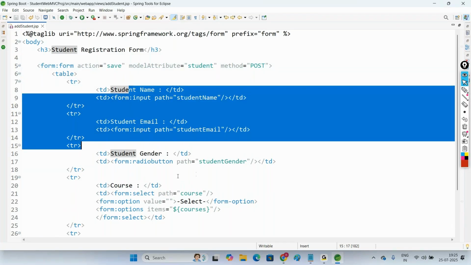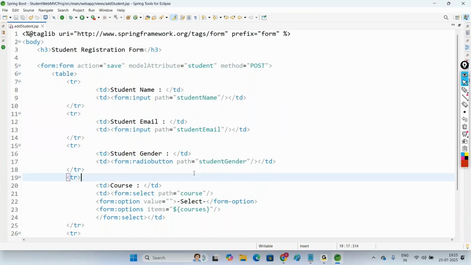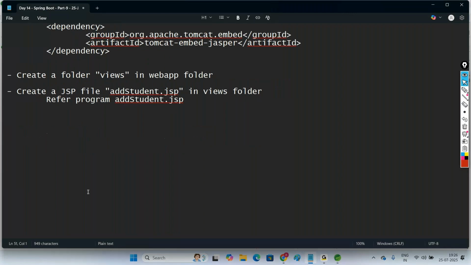Now what I want to do is, here what are the details we are accepting from the user? These details I want to persist into a database table. So in order to make use of a database table, here we have to go with what? An entity class. So the next step is, let us go with the entity class. For that, create a package